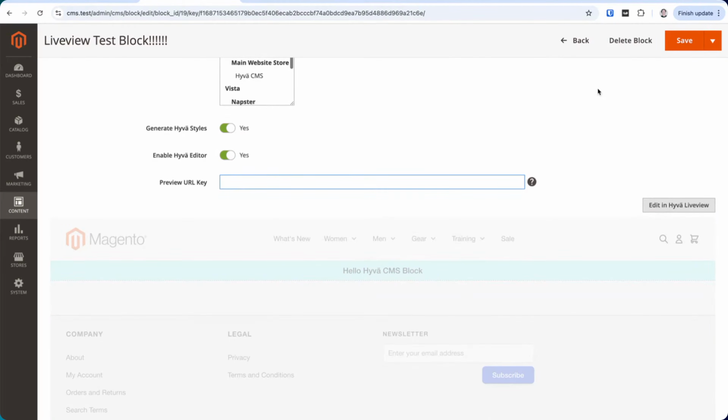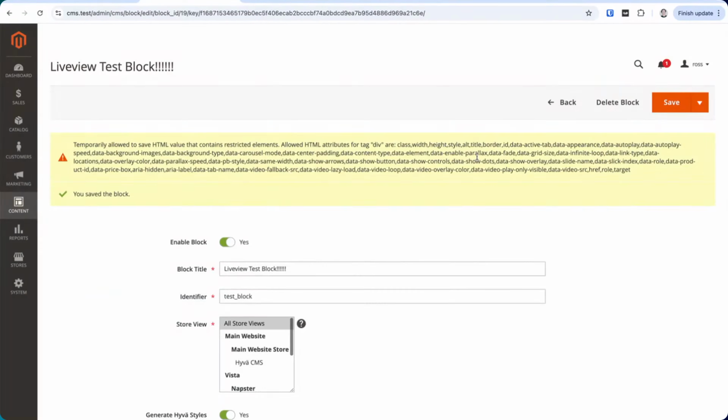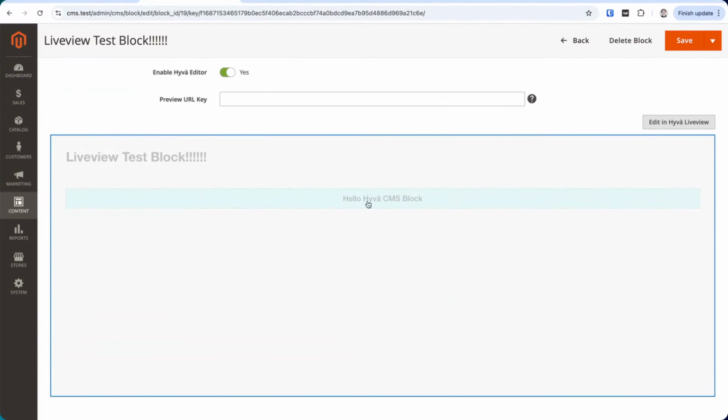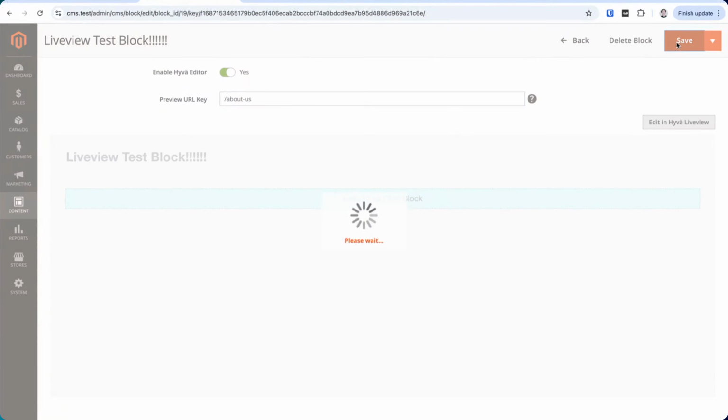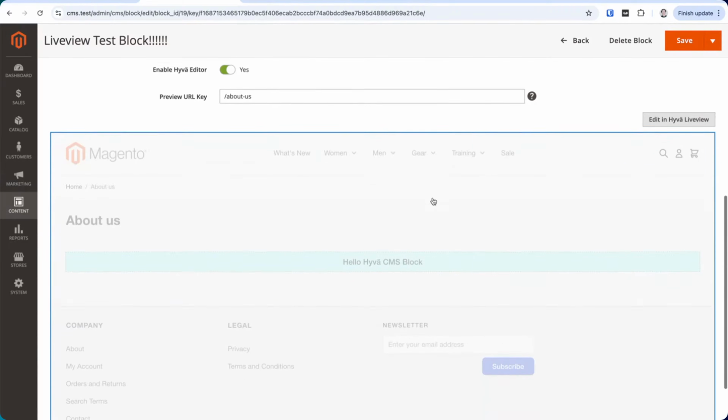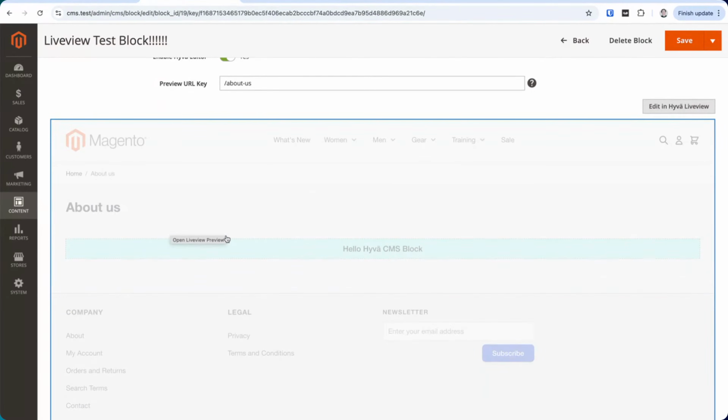Without it, we get a very plain preview, not in the context of the front end page. I think About Us is the correct URL. Yeah, now you see it on the About Us page. So you can choose where to view your CMS block while you're editing it.